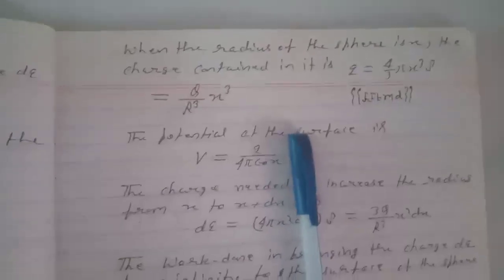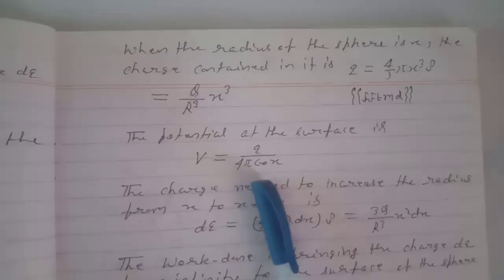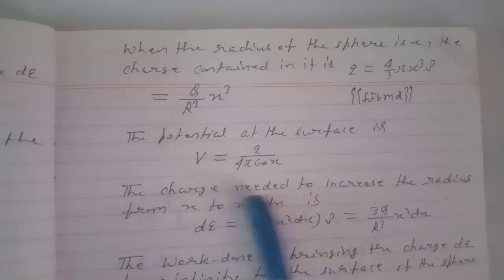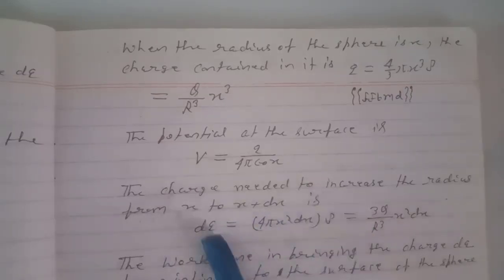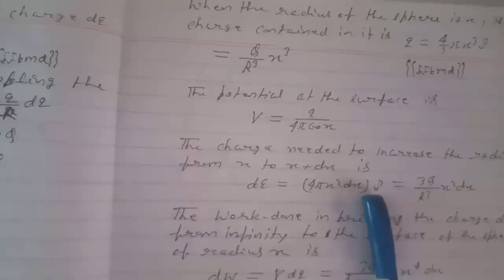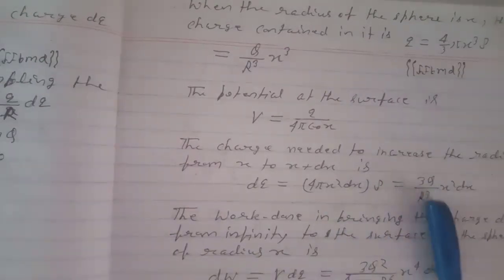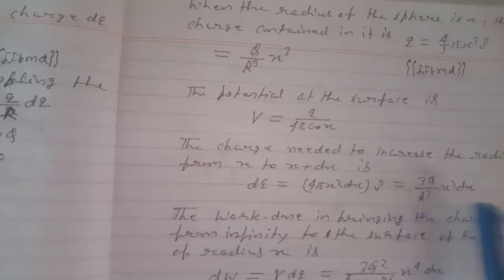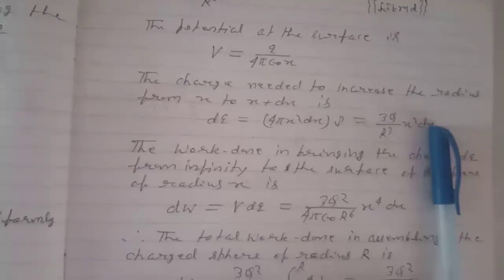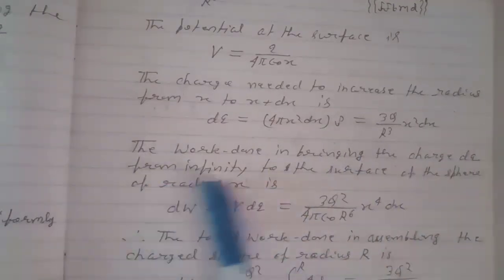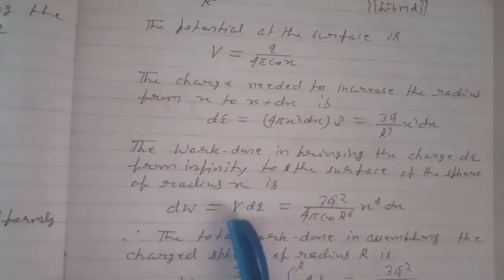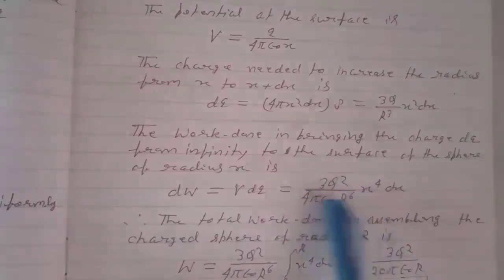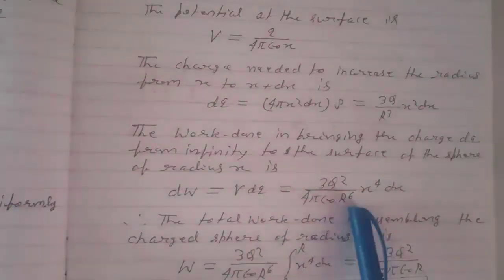The potential at the surface is V equal to q by 4 pi epsilon naught x. The charge needed to increase the radius from x to x plus dx is dq equal to 4 pi x square dx into rho, or equals 3Q by R cube into x square dx. The work done in bringing the charge dq from infinity to the surface of the sphere of radius x is dW equals V dq, or 3Q square by 4 pi epsilon naught R to the power 6 into x to